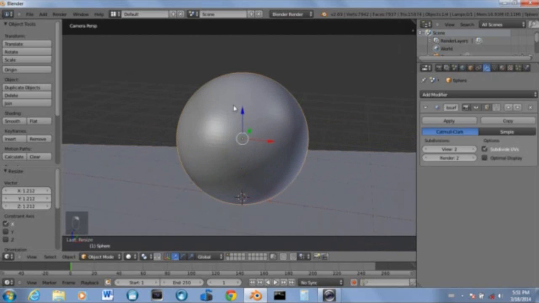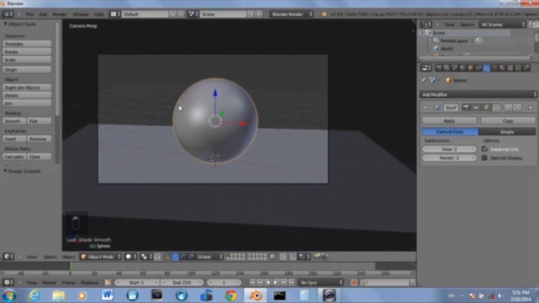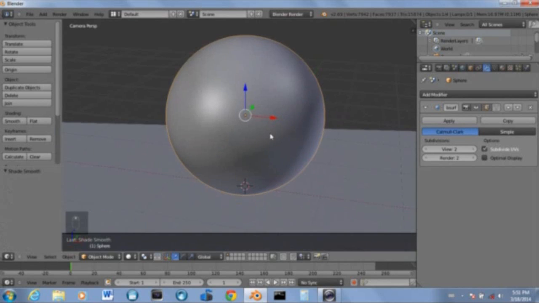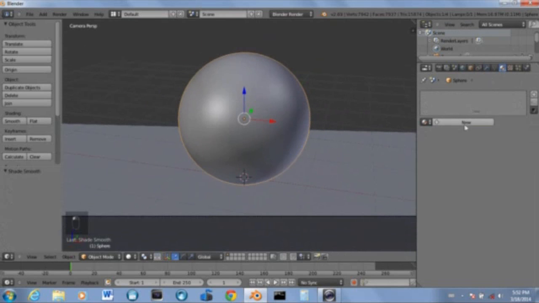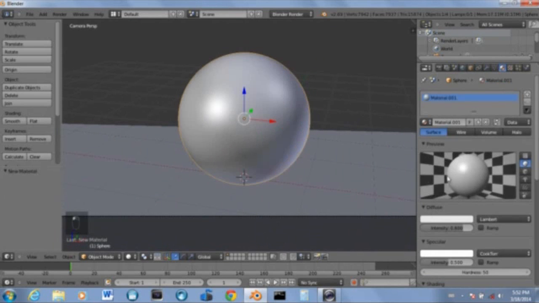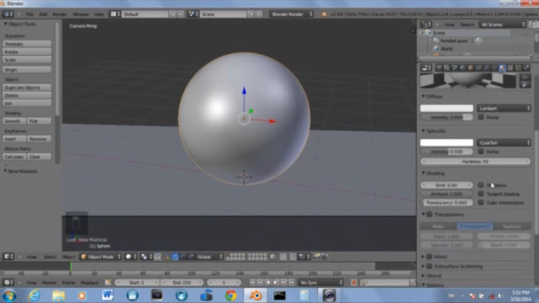So, anyways, click on your sphere and hit smooth. So now you have a smooth sphere, obviously. Anyways, now for materialing. If you hit new, then it'll give you a new material, and